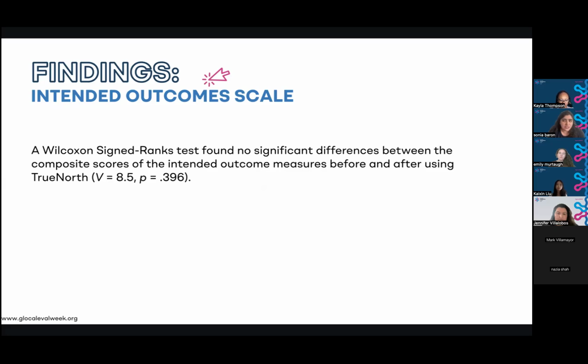When we assess the change, we measure a set of intended outcomes before people use the tool, so we had the 2 weeks of use and after. To check whether the scores really move, we had a Wilcoxon signed-rank test, which is simply a stats test for small groups like ours, so 8 people. At the results, no statistically significant difference before and after. So we had a V of 8.5, and you can see on the screen our p-value was also pretty indicative of not significant results.